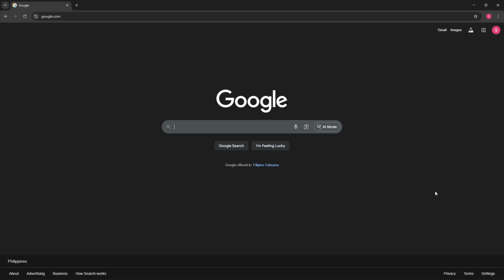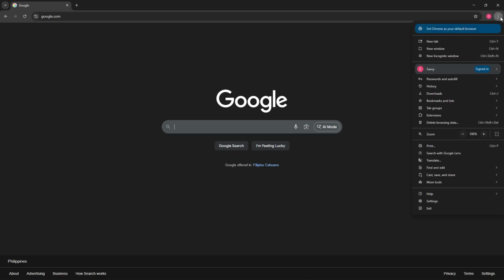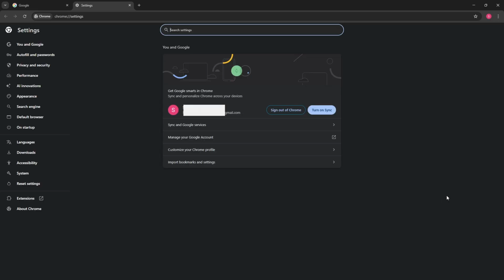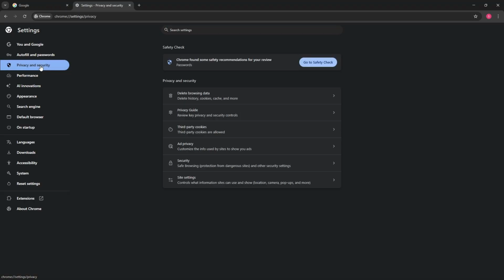Now, if the error still occurs, it means that your Chrome has too much data in it. So to clear this out or make your Chrome much faster, select the three dots on the top right corner, and then go through the settings down below over here. Now, here in the settings, go for privacy and security, and you can simply go for delete browsing